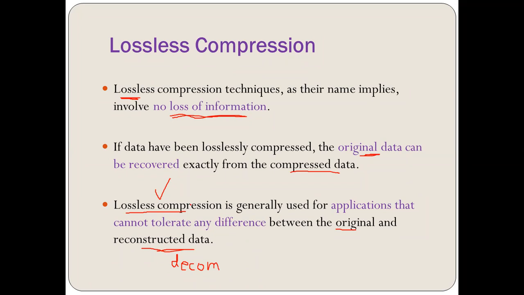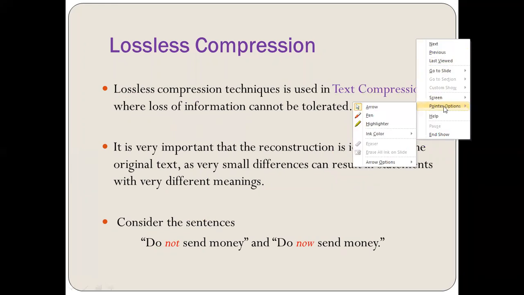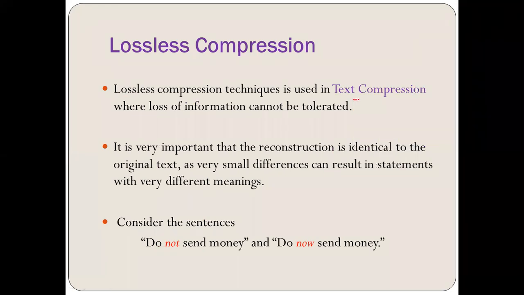Now, what can be the type of file which cannot tolerate any difference? That is for the text compression, right? So we can say that in text compression or text encryption, we always use lossless compression, right? Why so? Because in text, we cannot tolerate the loss of information. Here, the decompressed or reconstructed file will be same as the original file. Now, in this, let's consider two